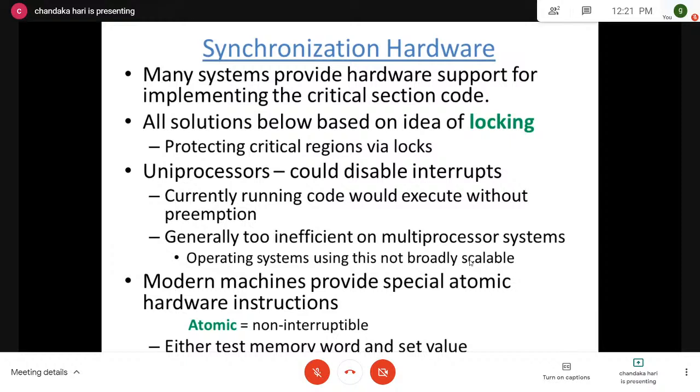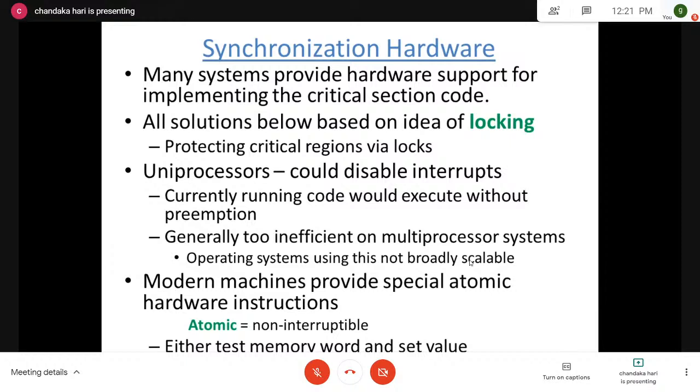Otherwise, the data is inconsistent. And operating systems using this approach are not broadly scalable. Now, today, modern machines provide special atomic hardware instructions